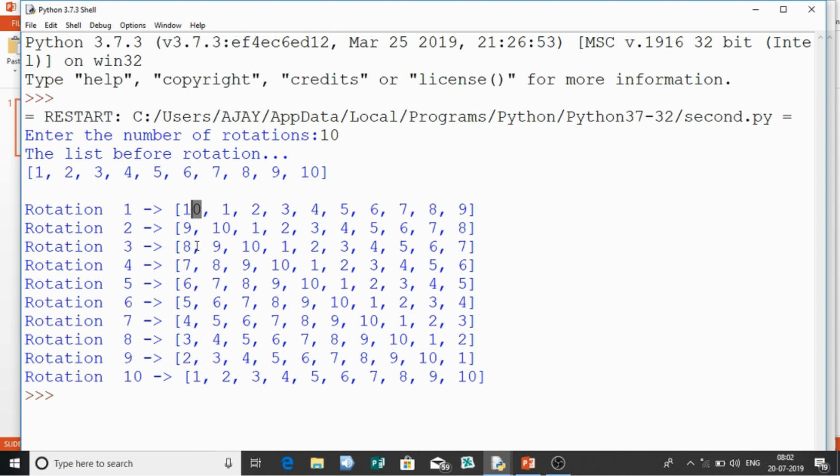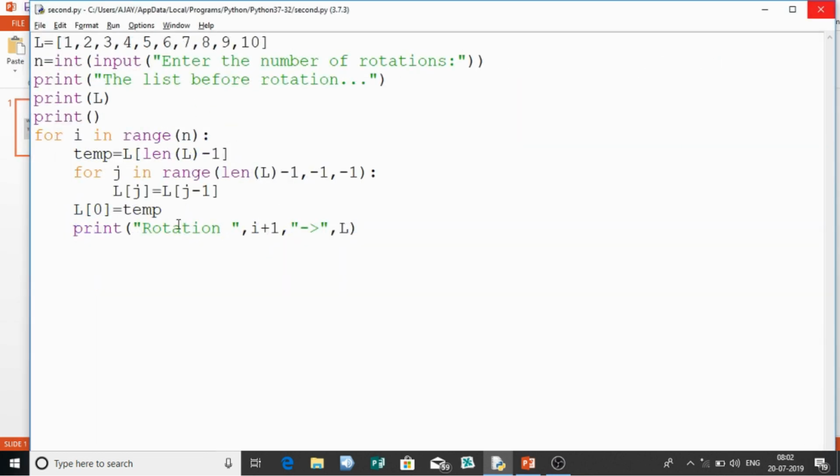Then second rotation, third rotation, and again at the 10th rotation we got the original list back. You can see over here. So this is how we can rotate the elements in a list. Now this is the traditional approach. Now what